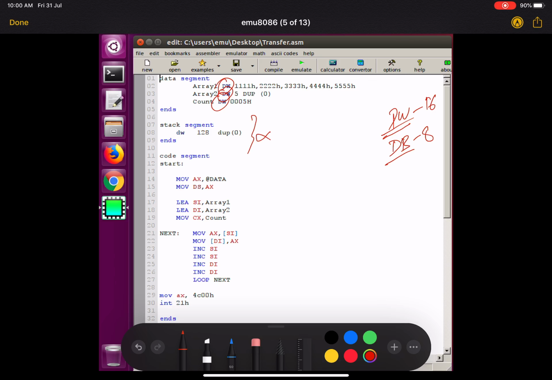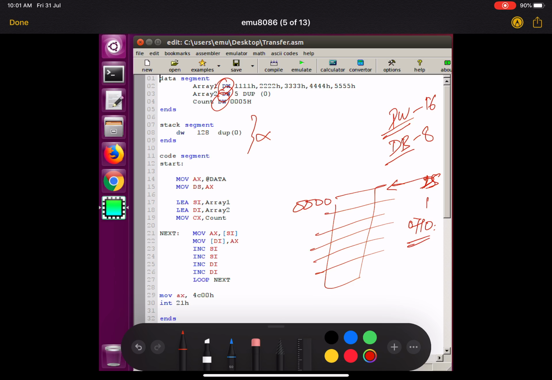Now if you want to know where this 11 and everything is stored, suppose this is my memory. If my data segment starts from this part, DS will contain some value. Suppose 0710 is the value of DS. If this is 00000001 and 00100011 like this, then my array 1 will start with this.